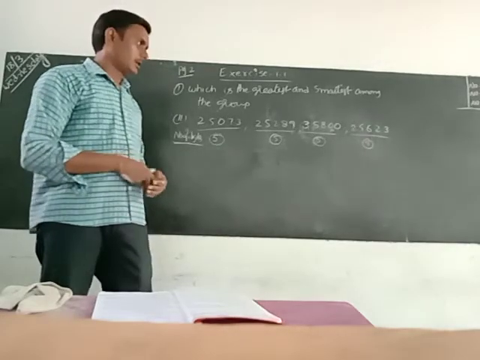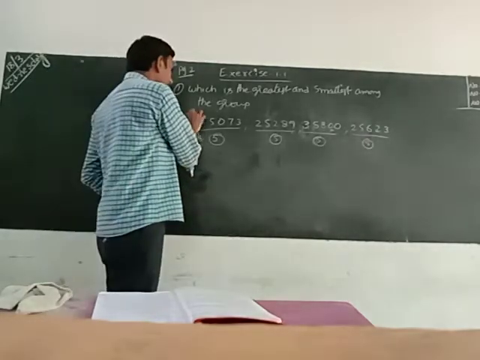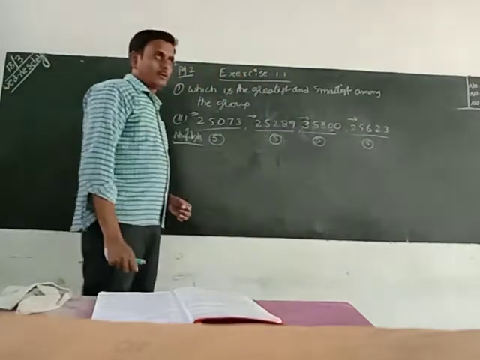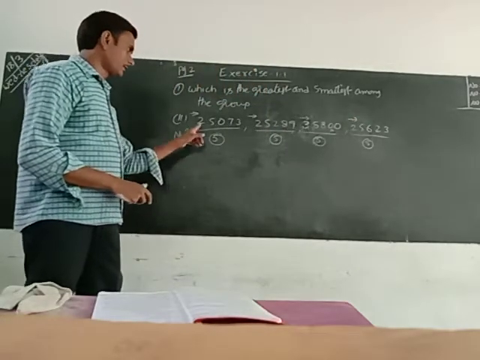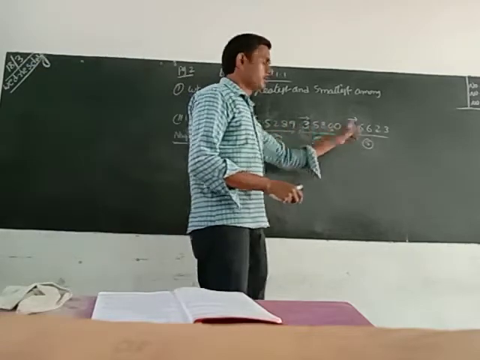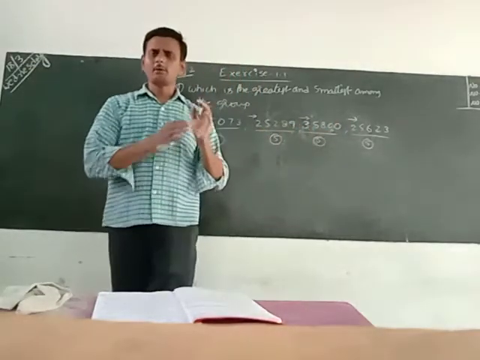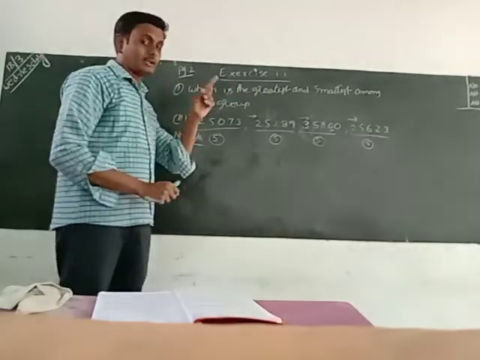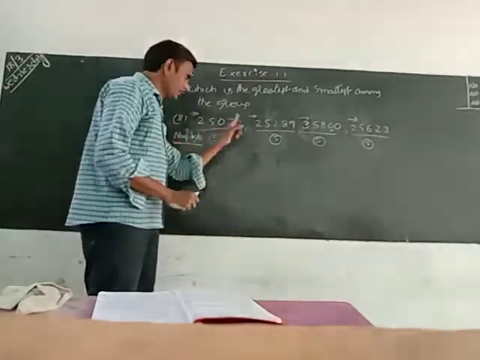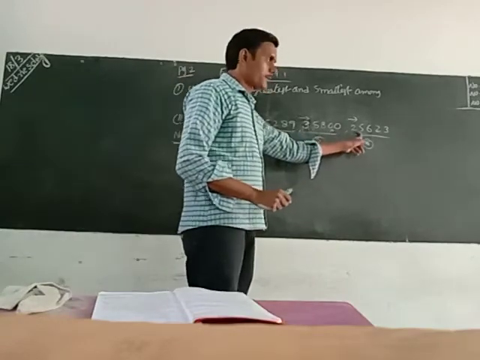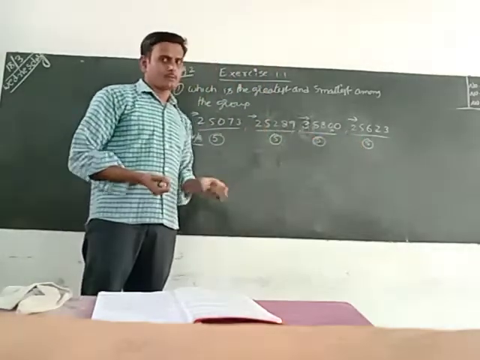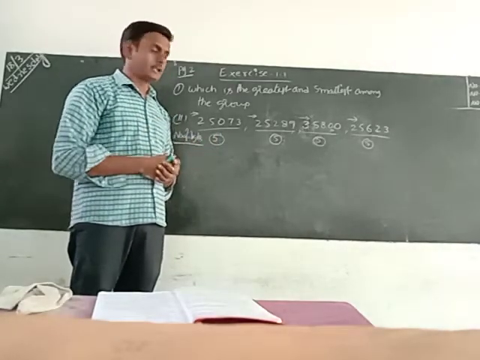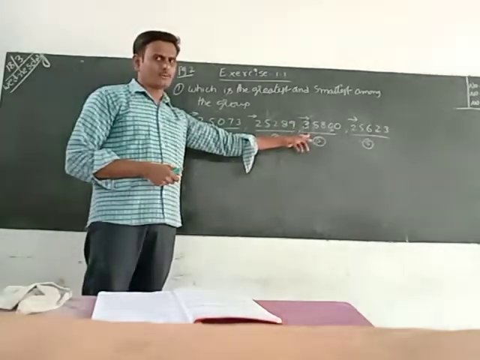Do all 4 numbers have an equal number of digits or not? Equal number of digits. Now compare the digits from the left side. What is the left side digit? First: 2, 2, 3, 2. Only if the digits in all 4 numbers are the same do we go for the next digit. But here one digit is different. Observe again: 2, 2, 3, 2. Are 2 and 3 the same? No. Which is bigger? We can say 3 is bigger.